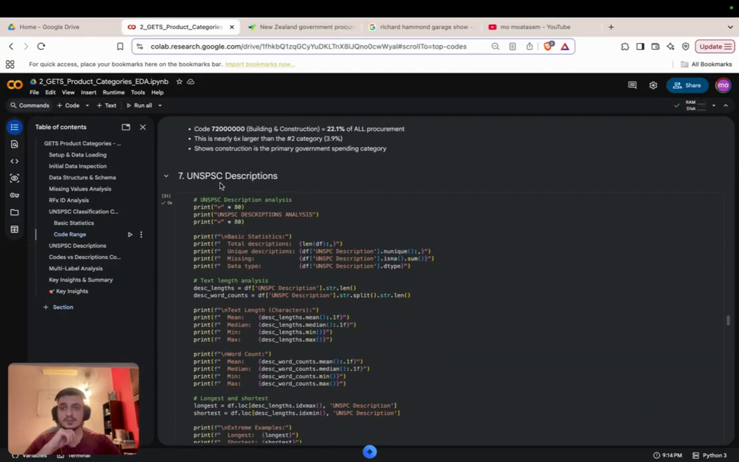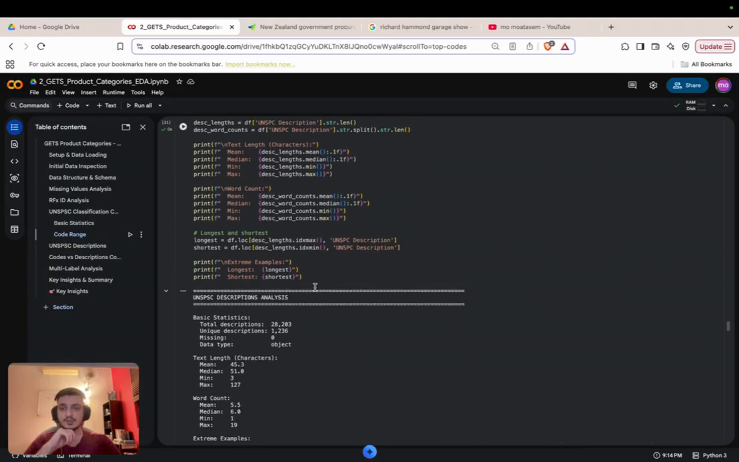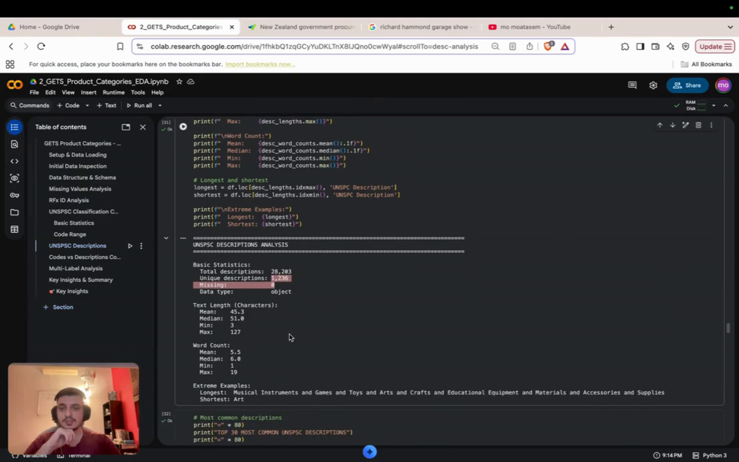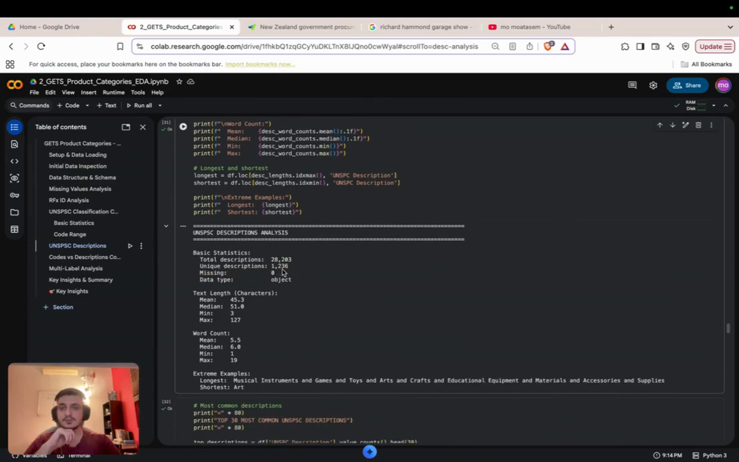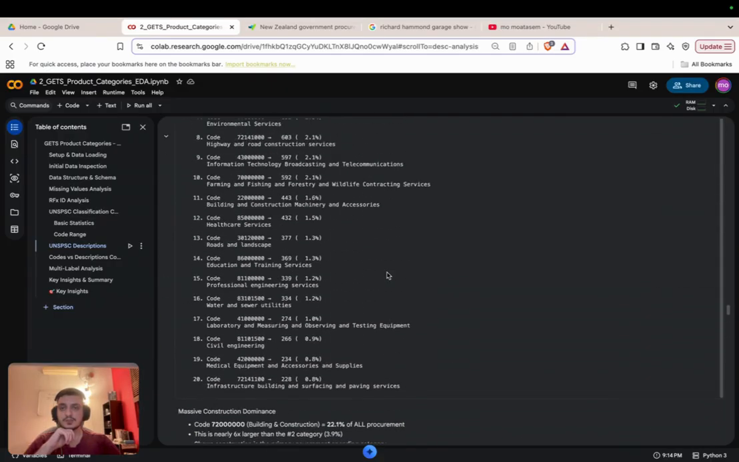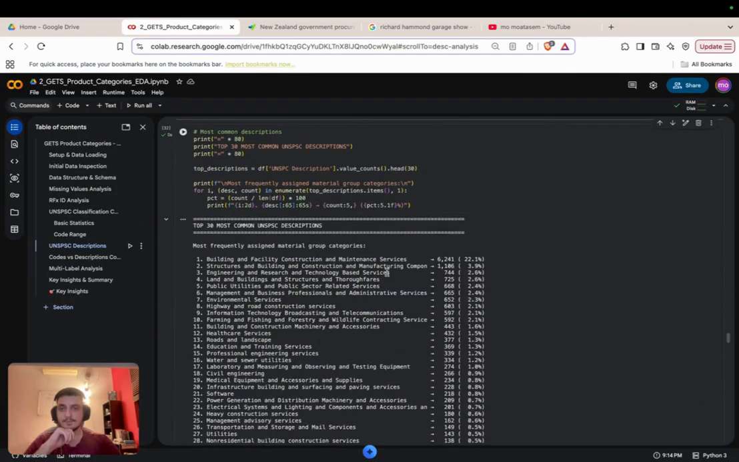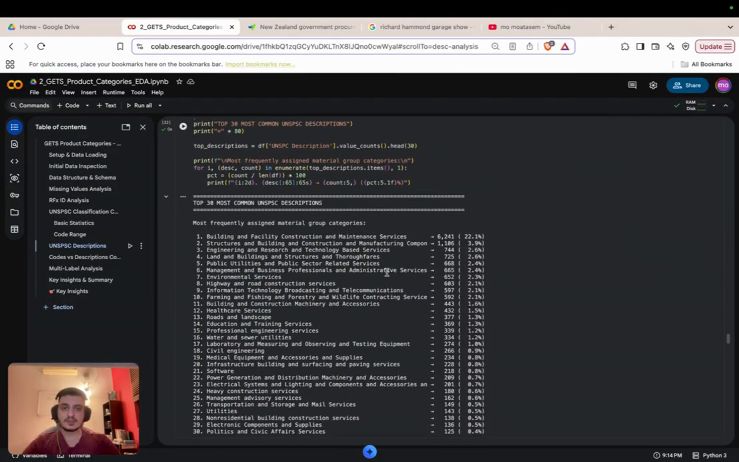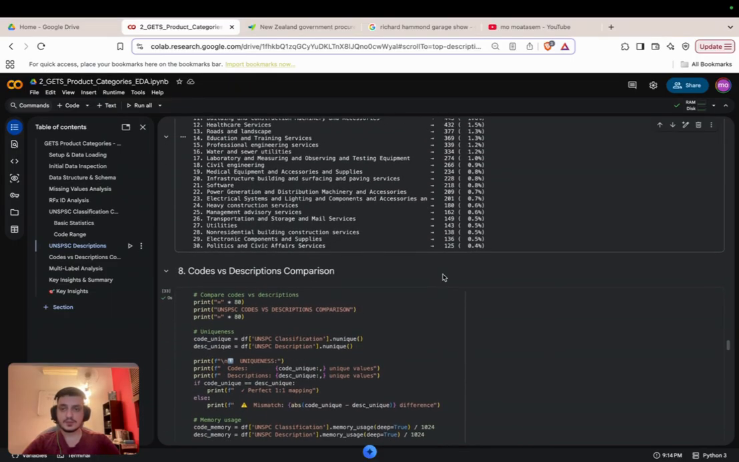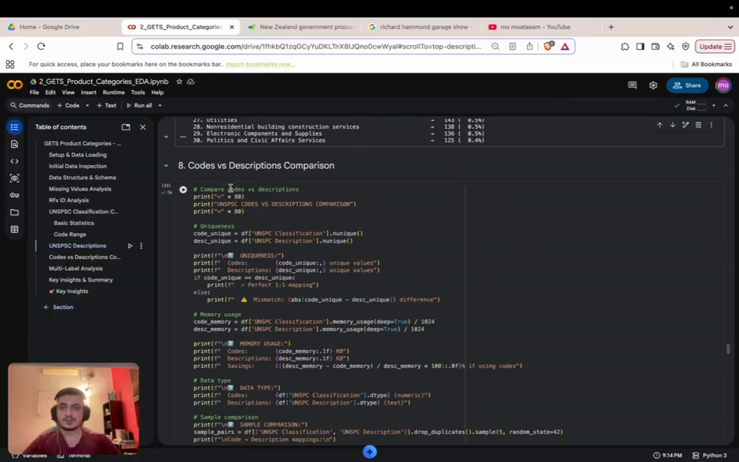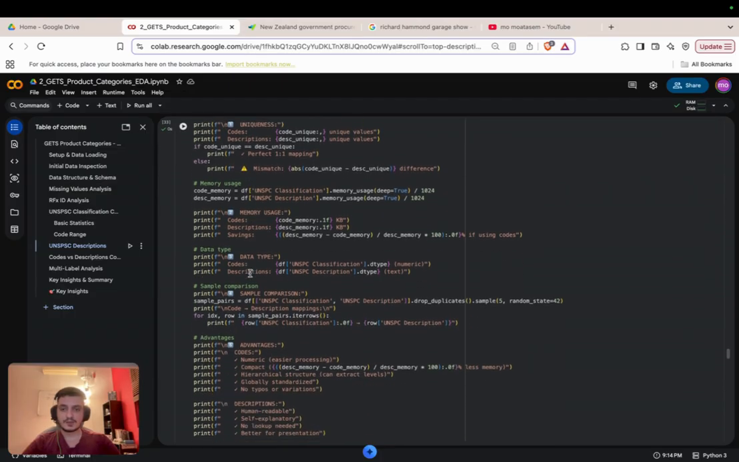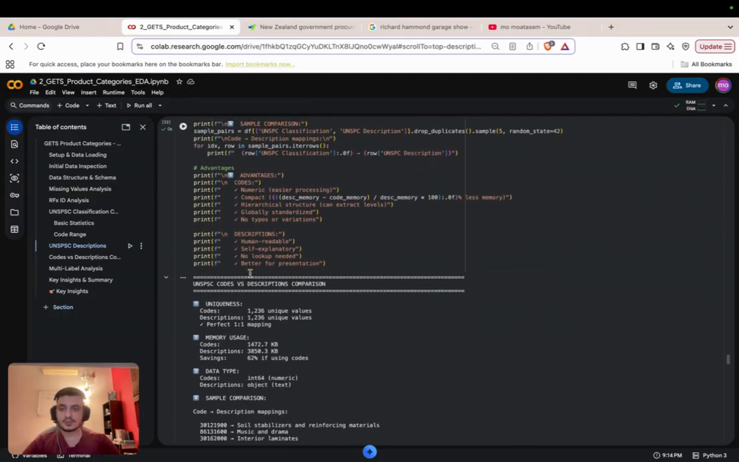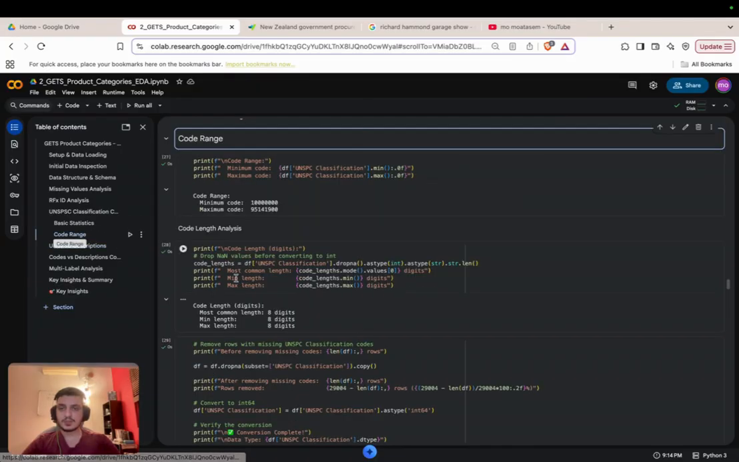And now for the UNSPSC description, we have the description analysis. We have multiple types of descriptions here, and we have 1236. This is almost the same as the code count itself. As you can see, these are similar to what we have spoken about earlier. And here I just did a simple code versus description comparison, and here are the advantages. And also over here for the code range,